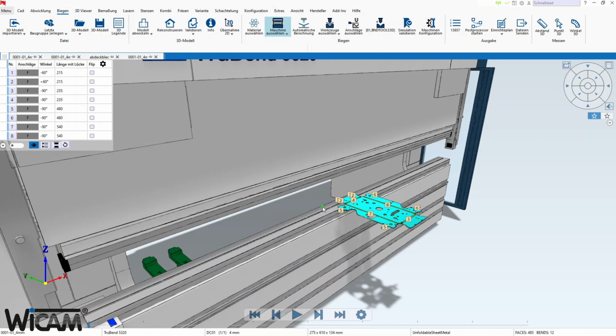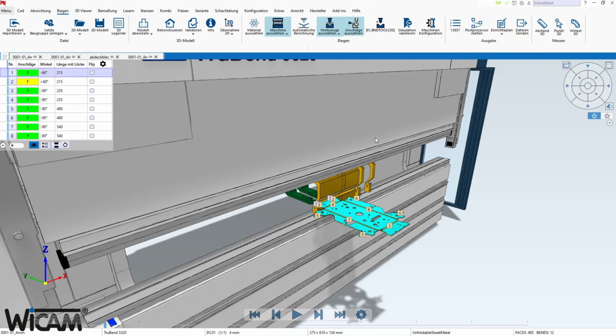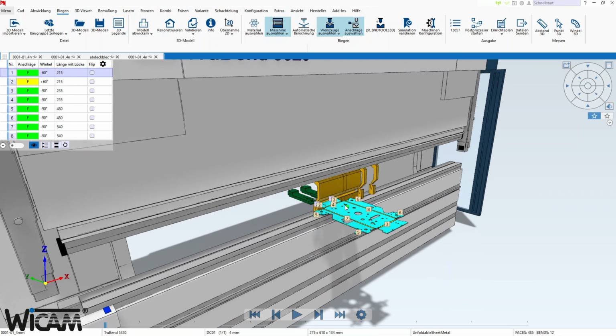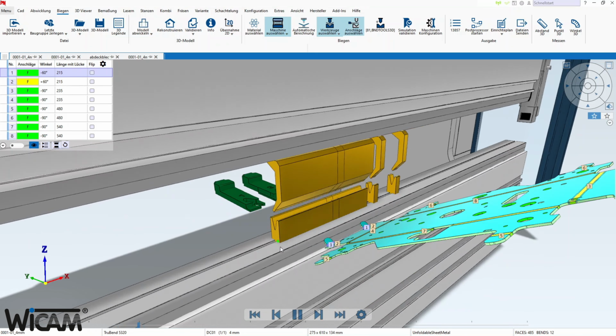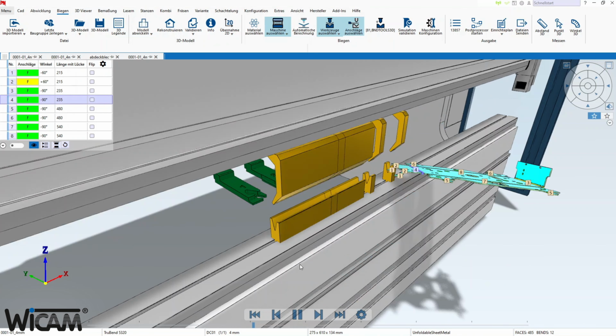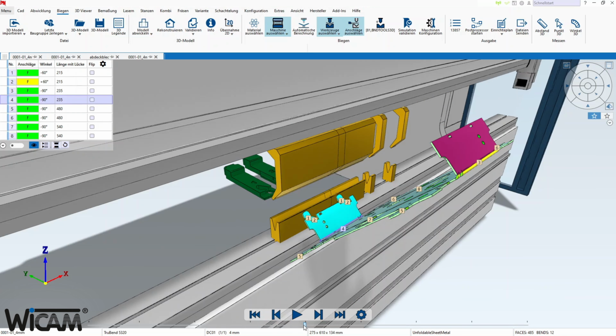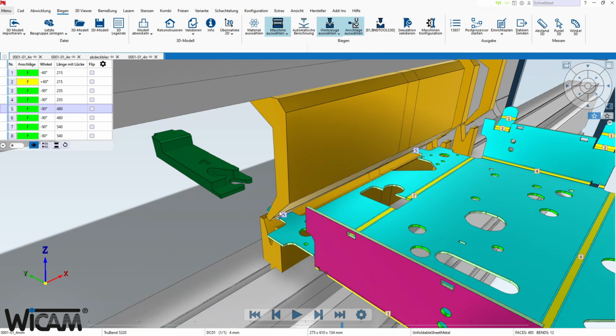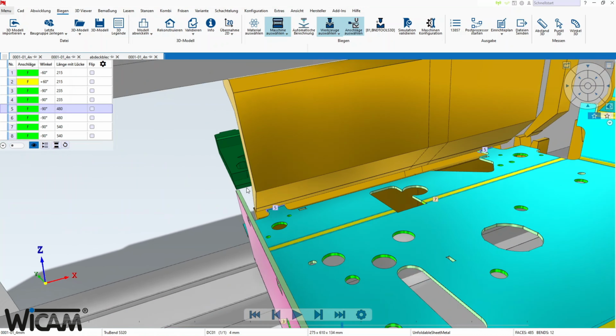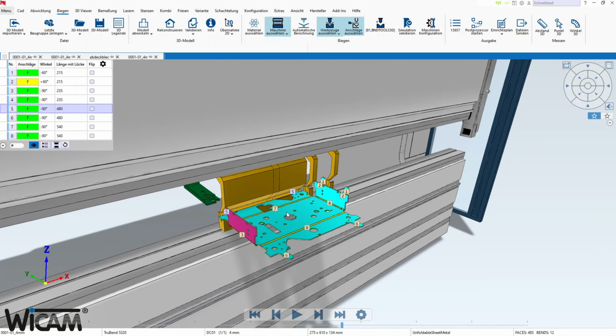Now that we have selected our bending machine, the next step is automatic calculation, and here you can see huge improvements. The speed of this calculation has been significantly improved. This means the calculation is completed after a few seconds, and I get a collision-free bending program, which I can simulate directly afterwards. I can stop the simulation at any point and can then take a closer look at what is happening at this point. If I don't want to change anything else in the program, I can send it to the machine and bend